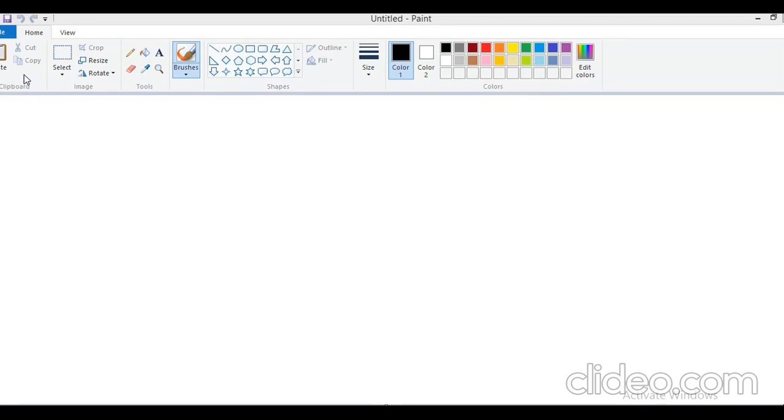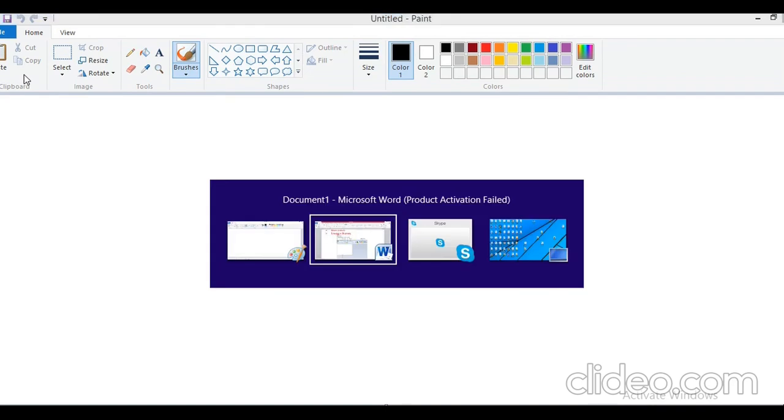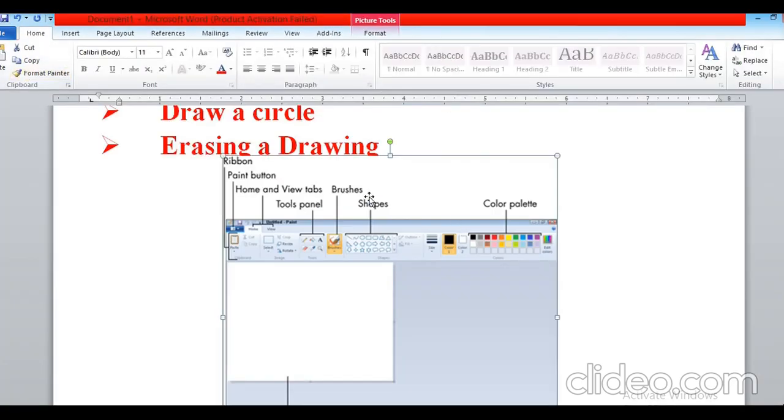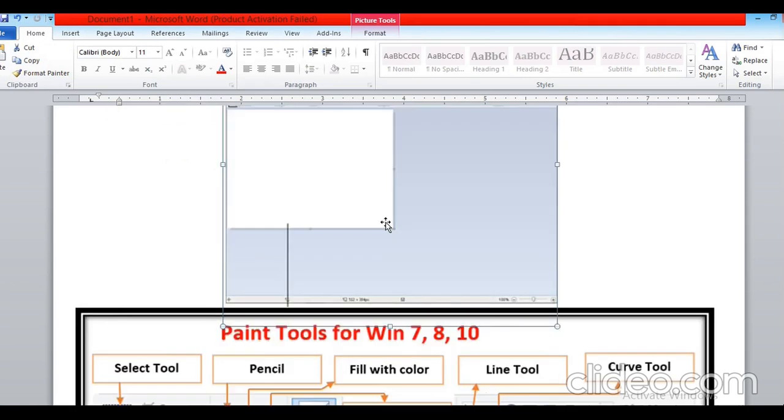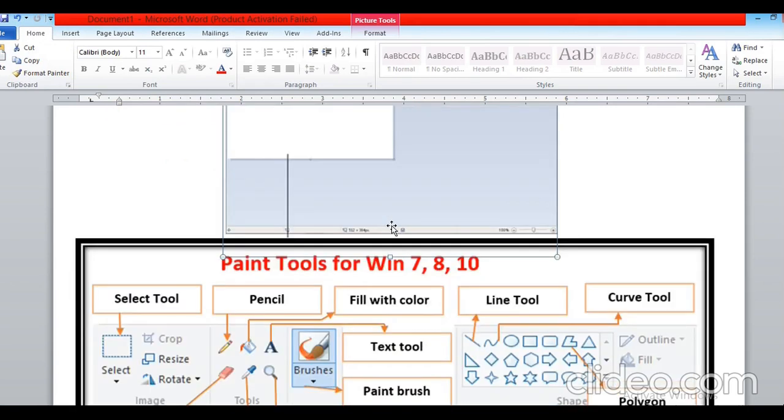Now we are going to start. Next topic is, I think all of you are clear what Paint is and how to open a Paint program. Now next, I have different tools like this.